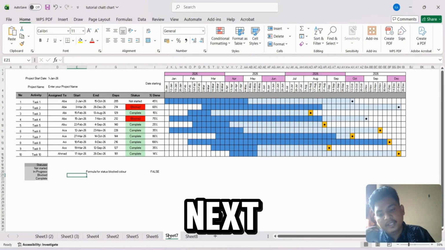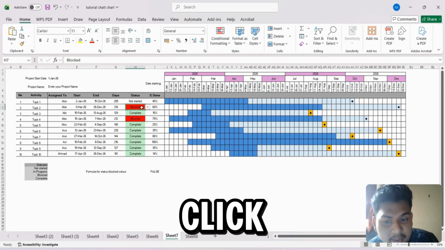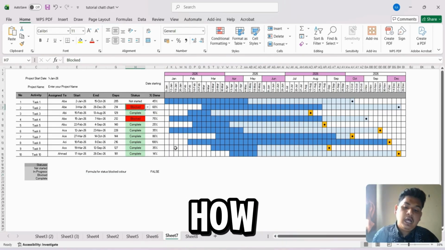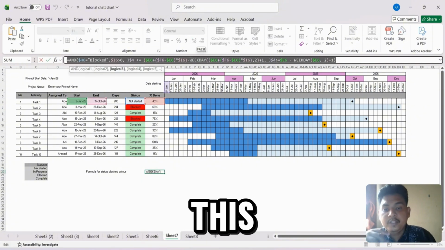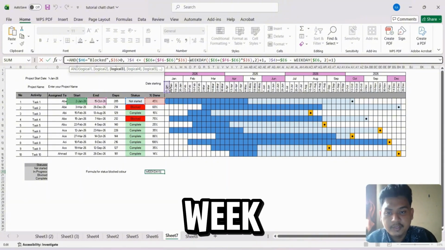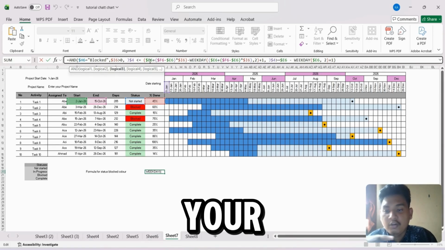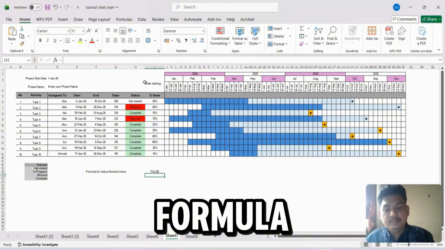Okay. Next, we fill the block color. When we click the block, it will be red. So how to do this? We copy all the formula. We copy this formula. H6 is the status block. I6 is the percentage of done. J4 is your first week. E6 is your starting date. Alright. You copy this formula and you